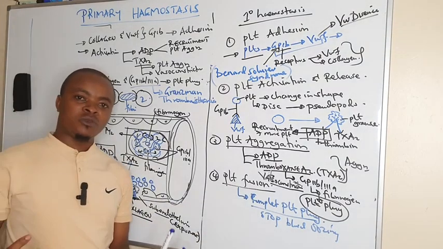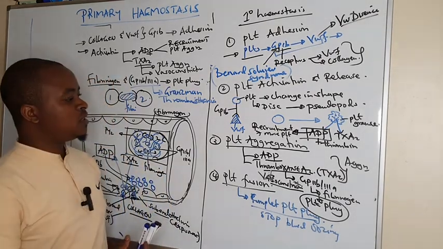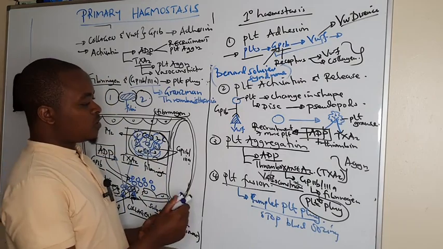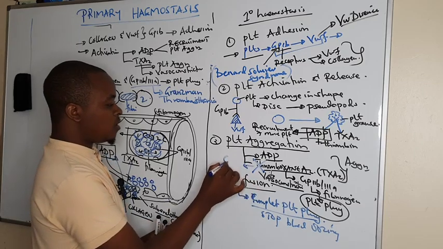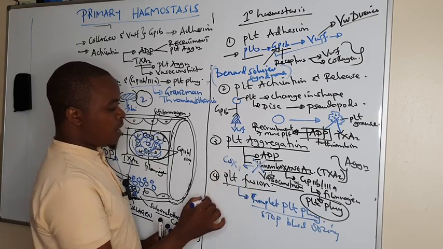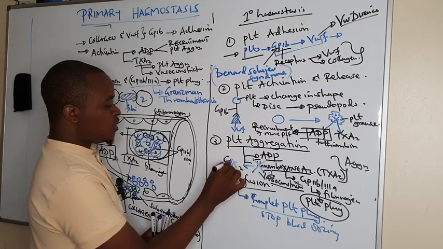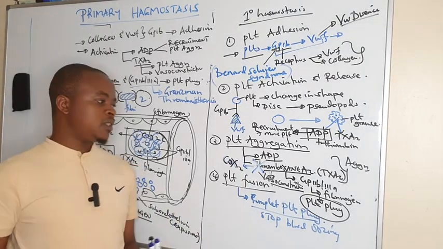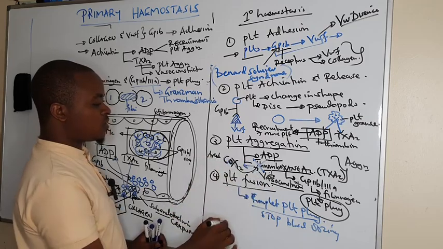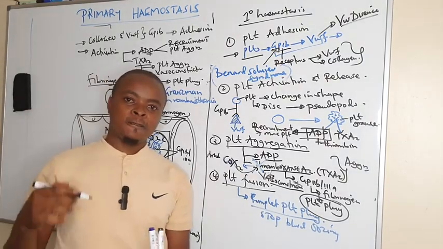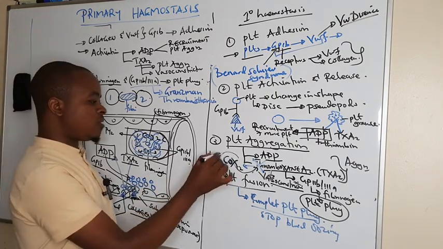And for people who have problems of bleeding, we always give aspirin, and aspirin is responsible for inhibiting synthesis of thromboxane A2 by inhibiting COX-1, but majorly COX-2. So they do that by inhibiting cyclooxygenase, which is responsible for converting arachidonic acid to thromboxane A2. So aspirin acts by inhibiting synthesis of thromboxane A2 as a drug, which we use in people with problems of